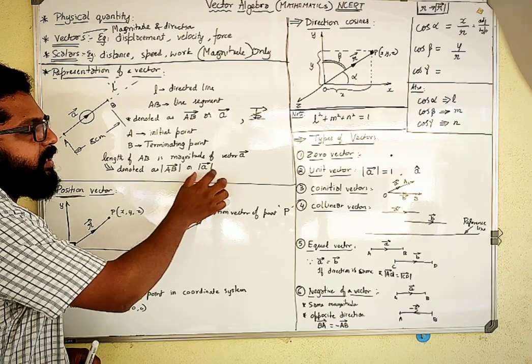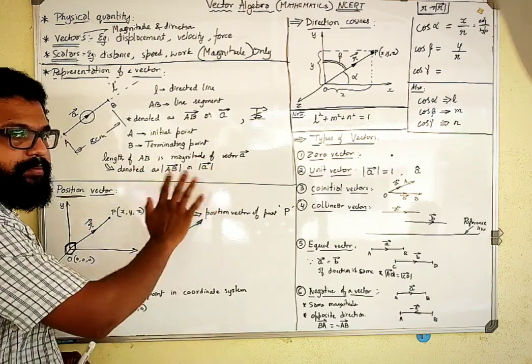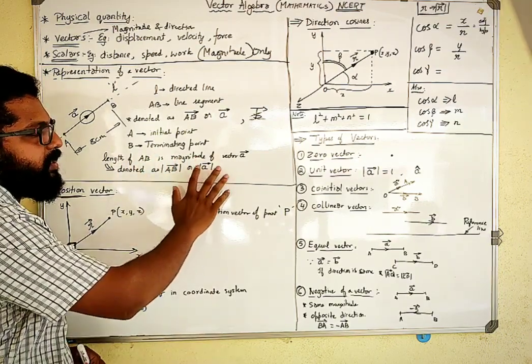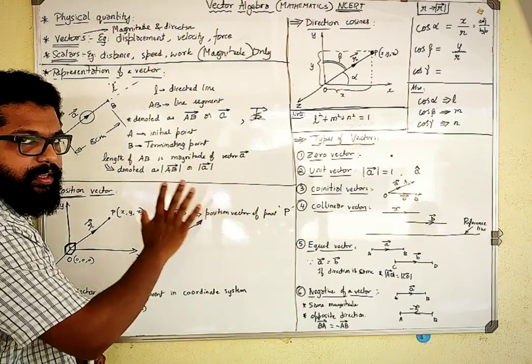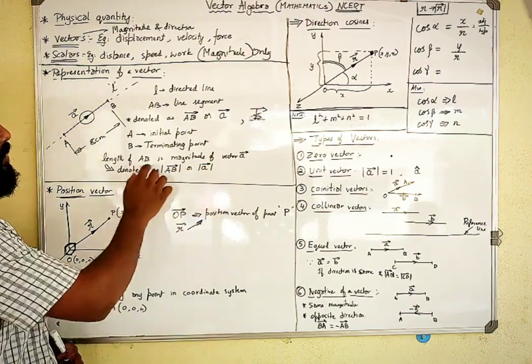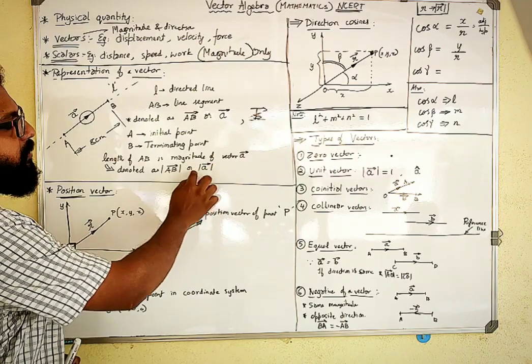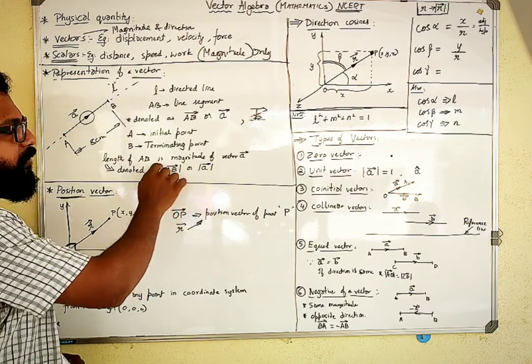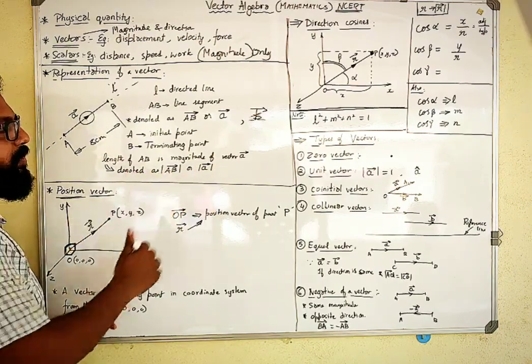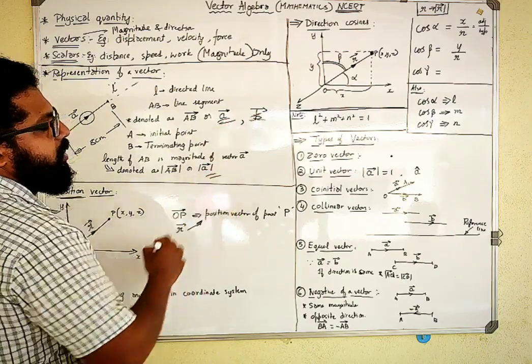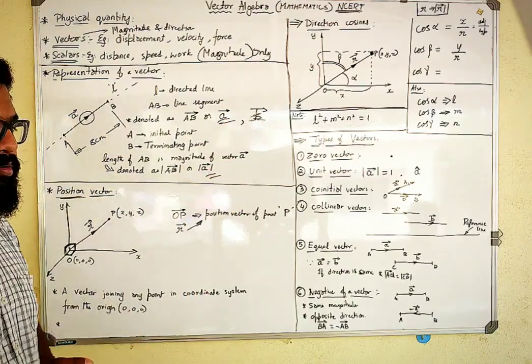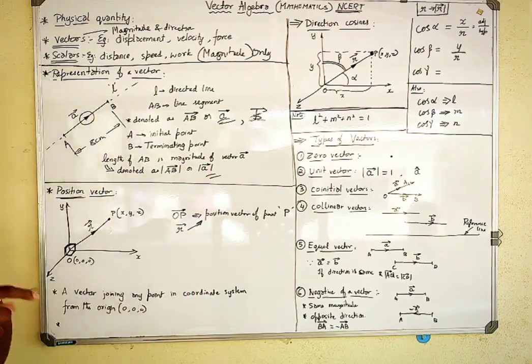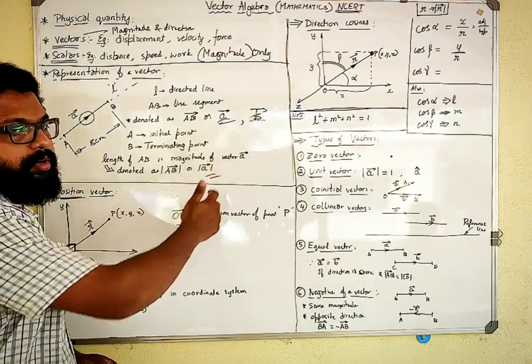It is denoted as the modulus of the AB vector or modulus of the a vector. You read it as magnitude of a, you don't read it as modulus. The two lines indicate that it is the magnitude of the given vector. So the magnitude of the vector is the magnitude of a or magnitude of AB. It is one and the same. We'll be majorly using this notation. We'll convert that vector into a lowercase letter later and then go on denoting the vector quantity.